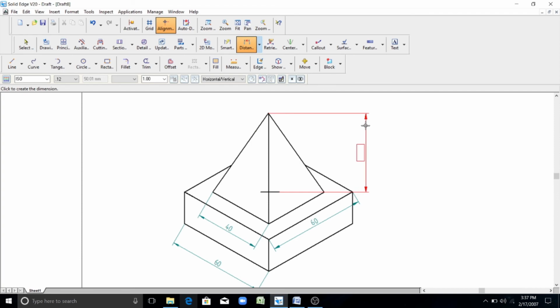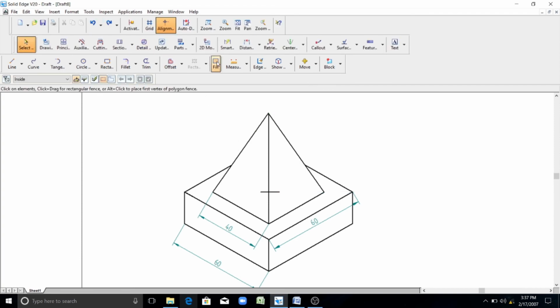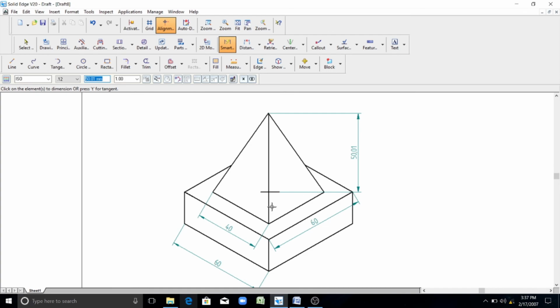Height of the pyramid. So this dimension you need to show every time. So this finishes this model.